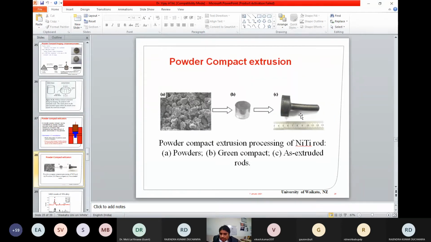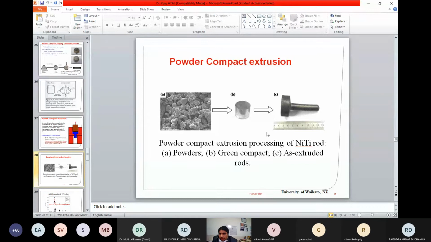Nevertheless, rods of a bigger size have been produced. Anyway, in these cases, especially when you do extrusion, lubrication becomes very, very important. Otherwise, what happens if lubrication is not good, because you're doing these things at higher temperatures.